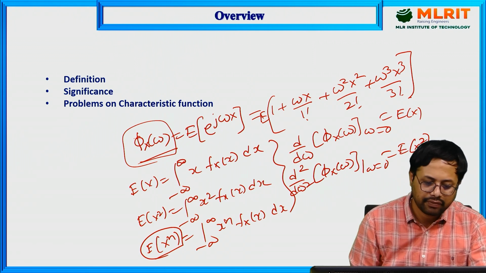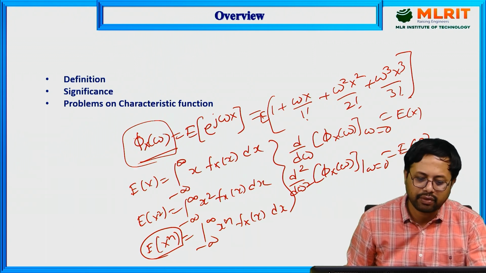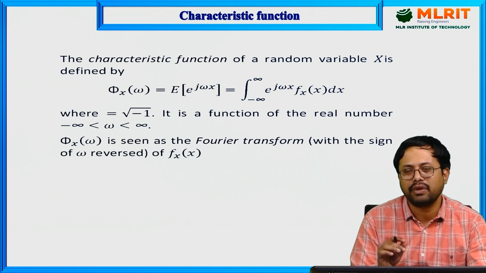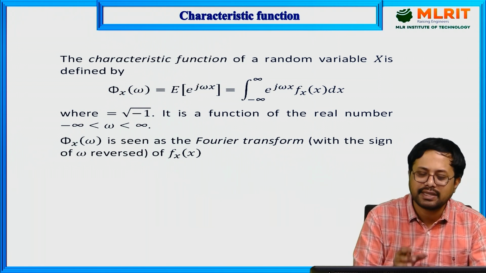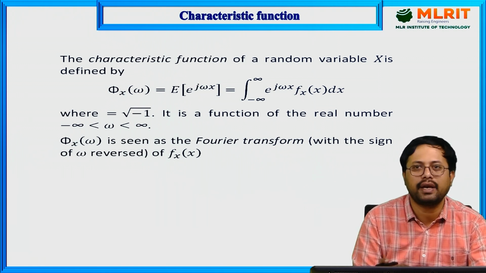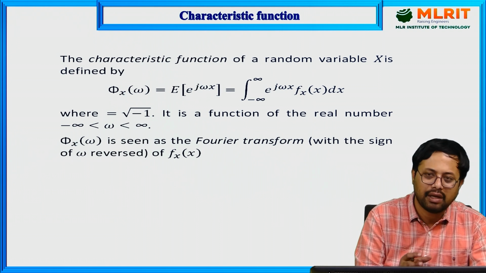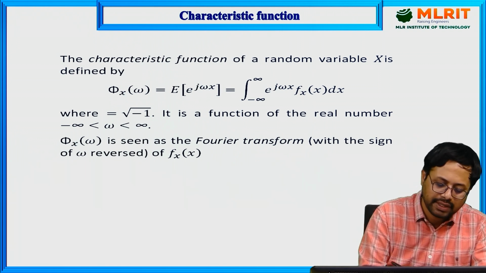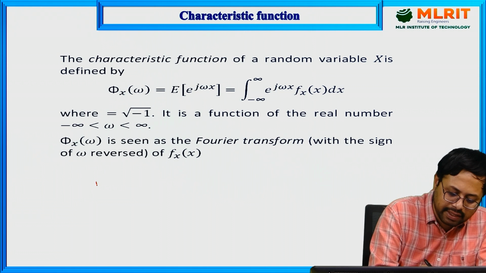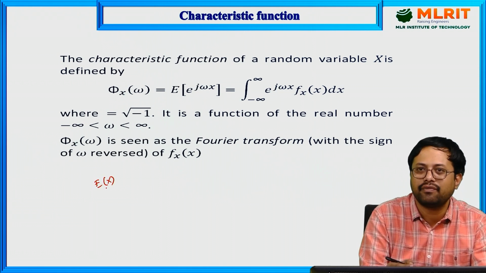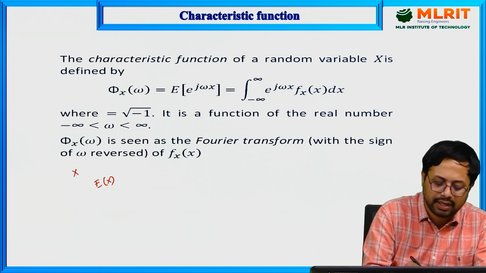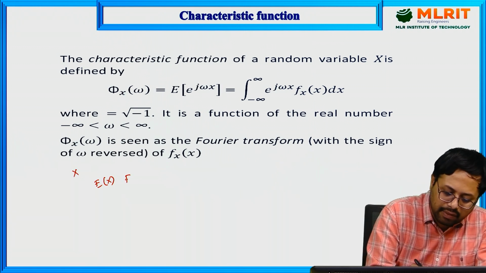Now next we are going to discuss the problems related to characteristic function. Characteristic function is one of the parameters to understand the behavior of a particular random variable. You have majorly six different parameters. For example, if you consider a single random variable x of t, you have the expectation of x, the mean square value,